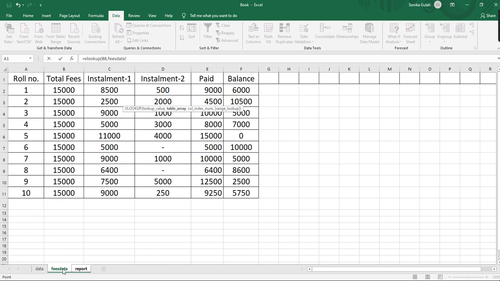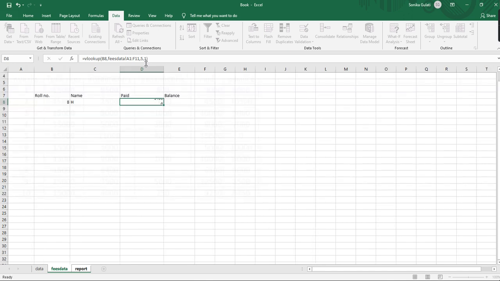The fee details table. So I will go there and select the full table, comma. You can give it right there, you don't have to go back. On that sheet only, in the formula bar, give a comma, then paid, which column is it? 1, 2, 3, 4, 5. So type fifth column, comma, 1 or 0, whichever you want.